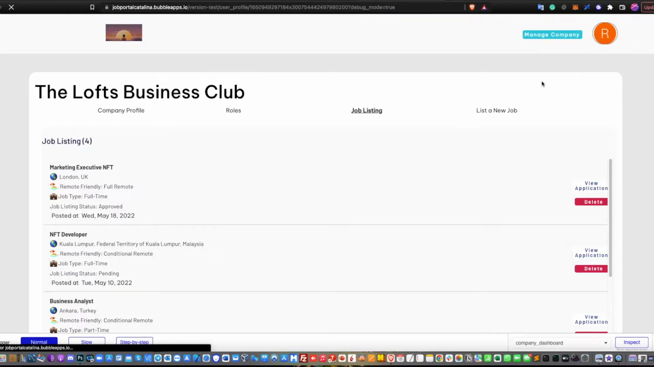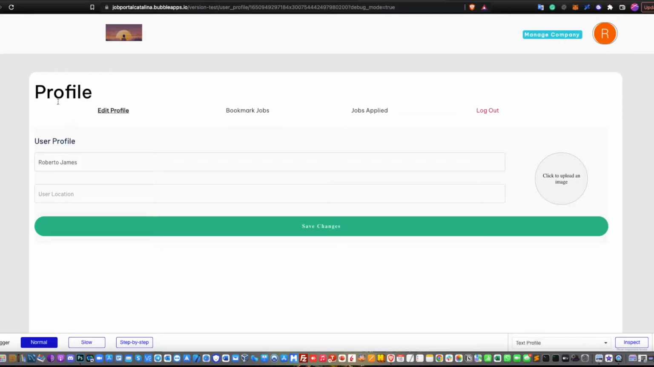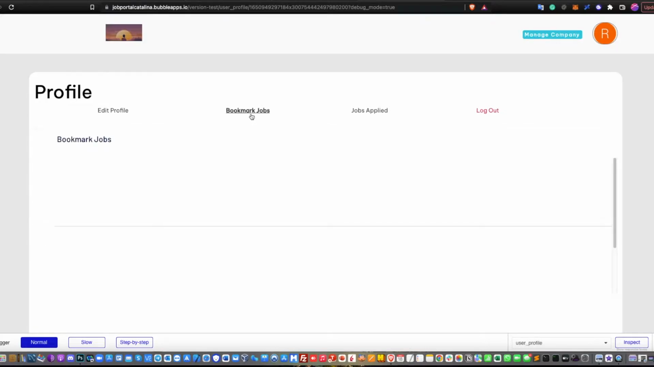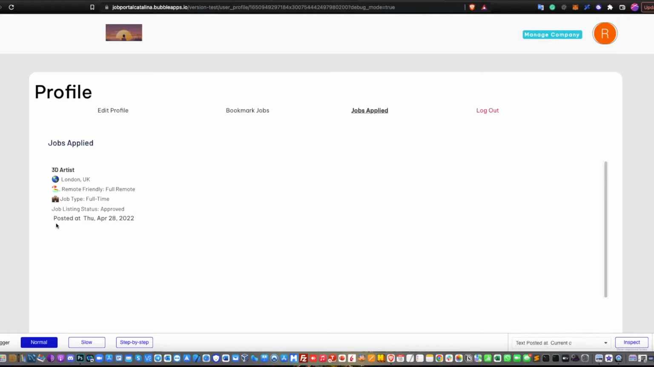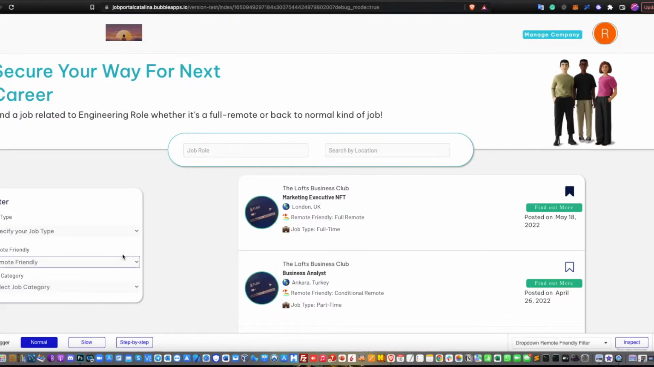Then we have the user profile here. On the user profile, you have the ability to edit the profile, bookmark jobs, and applied jobs, just to indicate whichever they already applied. So you can see I posted on Tuesday, April 28th of 2022. And you have the marketplace itself, where you can